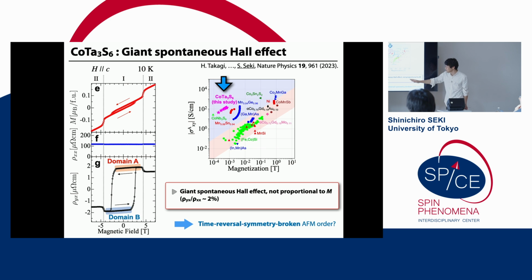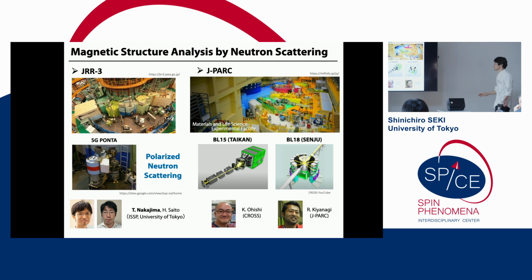And in the zero-field ground state, this compound shows a giant spontaneous Hall effect, and its Hall angle is as large as 2%. This is almost comparable with typical ferromagnetic systems. The emergence of such a giant spontaneous Hall effect strongly suggests the realization of some time-reversal-symmetry-broken antiferromagnetic order. And next, to investigate the magnetic structure, we performed a detailed magnetic structure analysis based on a